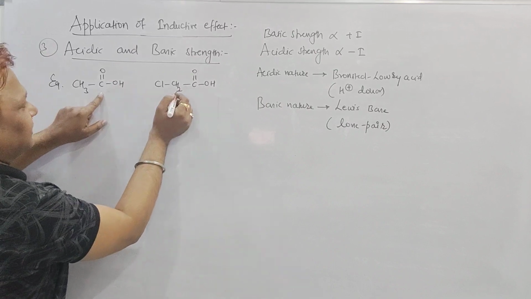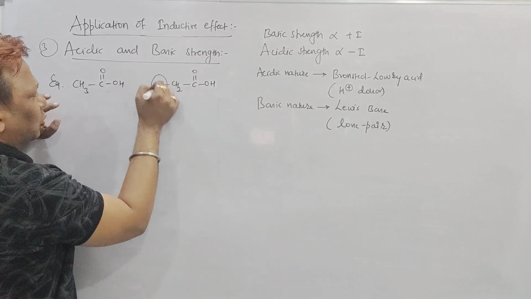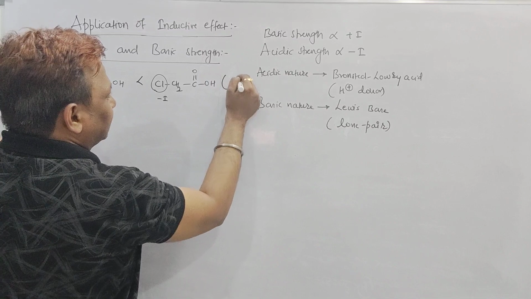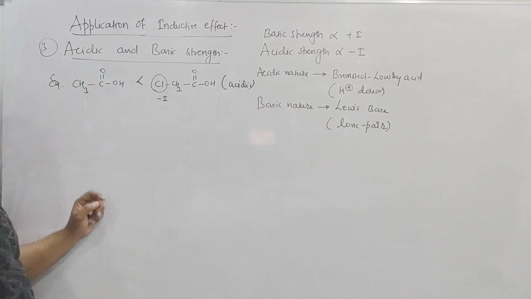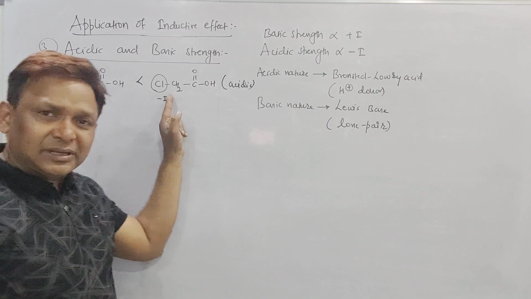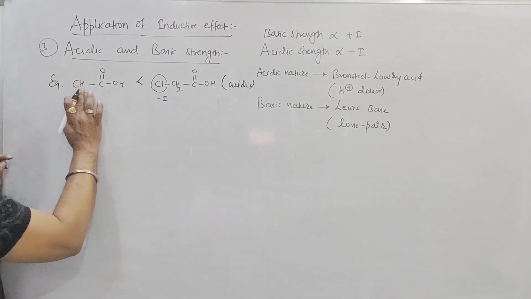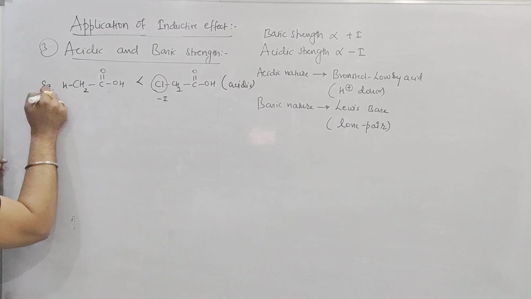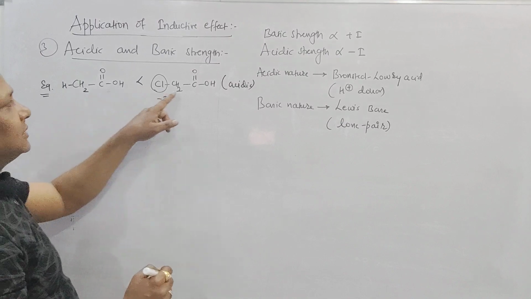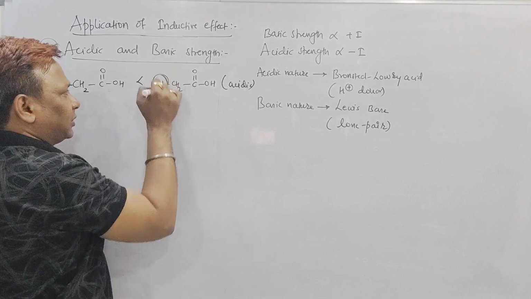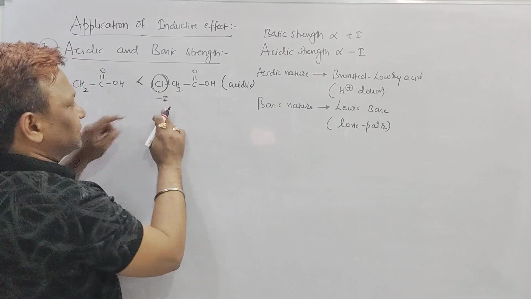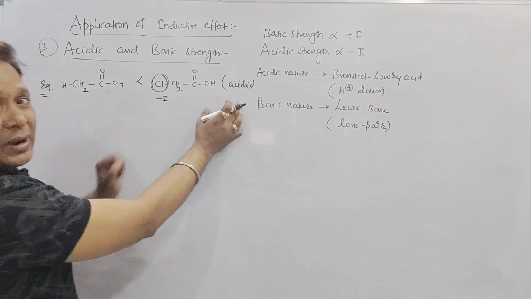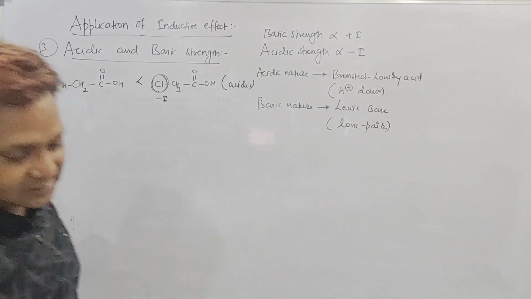COOH is common. One has CH3, and the other has CH2Cl, and due to the presence of minus I, this second compound is more acidic in nature than the first one. Is it clear, beta? CH3COOH, here also COOH is there, but one of the CH3 I will write in this way. CH3 can be written as HCH2 and ClCH2. But because of the presence of chlorine, which has the minus I effect, and you know, sir, greater the number of minus I, greater the acidic strength, so this species will become more acidic in nature than the previous one. Is it clear?